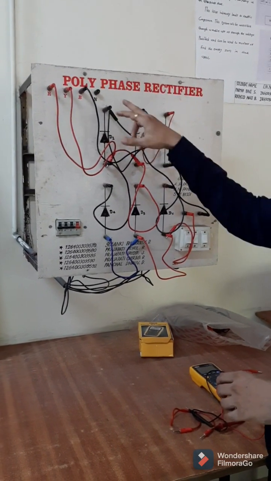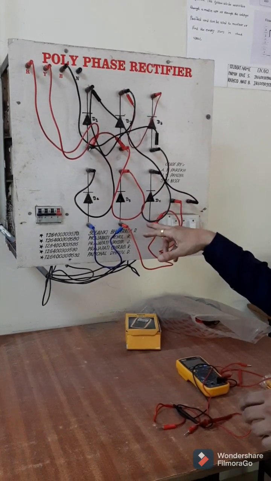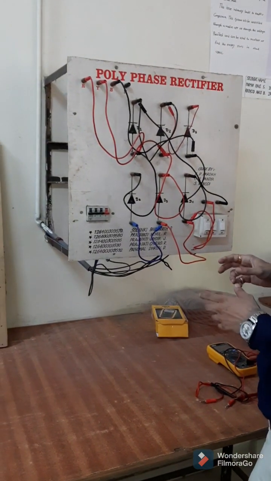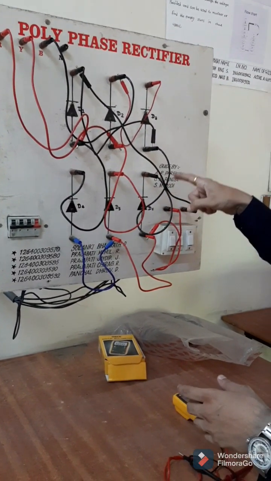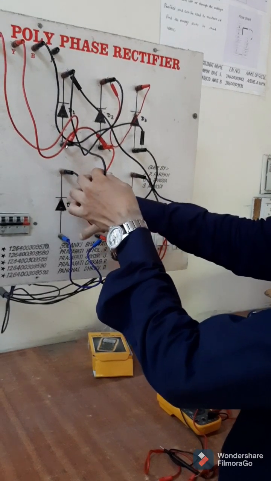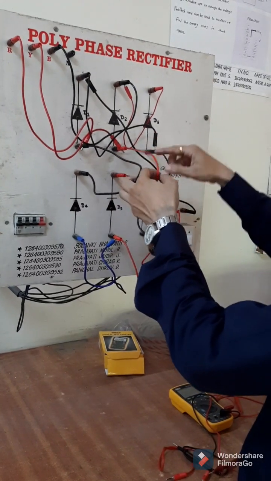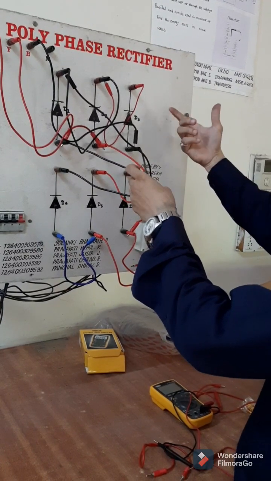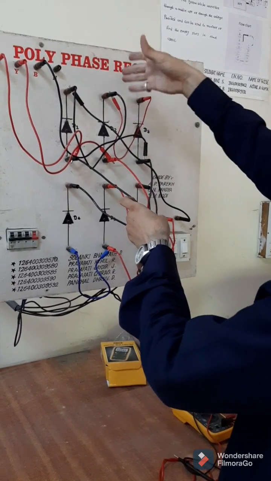These 3 diodes are connected as a common cathode, and these 3 diodes are connected as a common anode connection. Now let us check how the connections are made. First of all, we need to connect the first pole, second pole and third pole of the diode pairs. D1 and D4 are connected like this, that D4's cathode is connected to D1's anode. Similarly, D5's cathode is connected to D2's anode. Similarly, D6's cathode is connected to D3's anode. So these are the 3 poles for the particular phases R, Y and B.